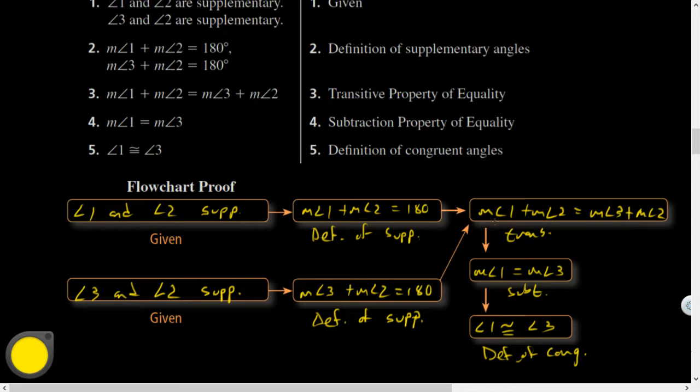Now, the only reason that this proof started going down here rather than over was they ran out of horizontal space. But technically, I could come up with all sorts of graphical arrangements of my flowchart proof, and that wouldn't